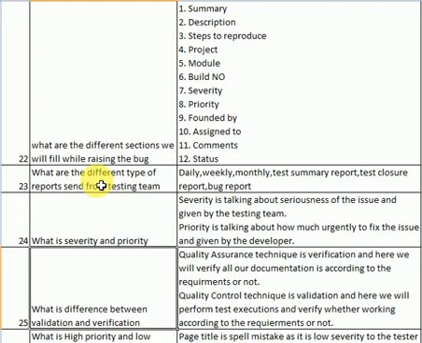What are the different sections we will fill while raising the bug? Very important interview question. While raising a bug, what are all the various fields you need to fill? I am referring to ALM or Quality Center, but similar fields will be there in other tools also. You need to fill summary, description, steps to reproduce, and which project it is, which module it is, and what